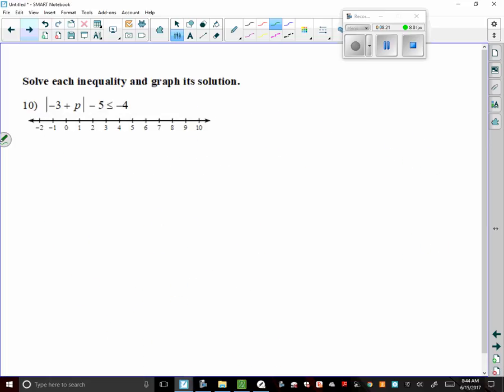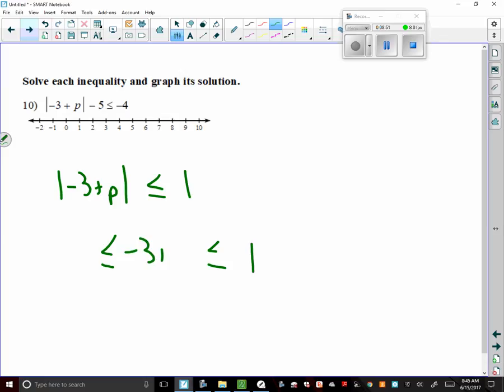Now I'm going to try to graph this absolute value inequality on a number line. The first thing that I want to do is isolate the thing that's in absolute values before I split it into two equations. So after I add the 5, I'm left with this. Because this is a less than problem, an absolute value, it becomes an and problem. I prefer to write these and problems in a situation like this. So when you do that,